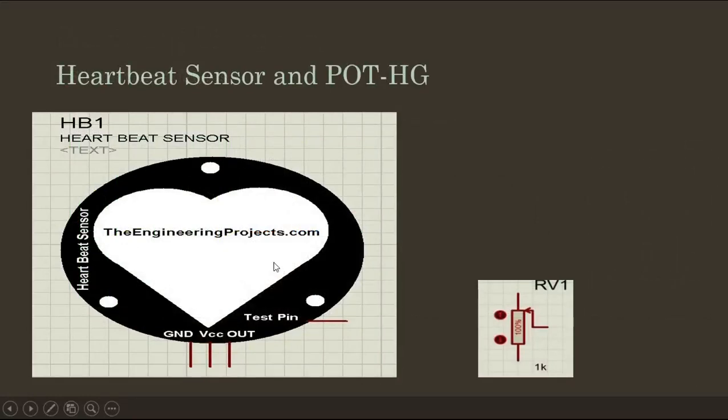We used this heartbeat sensor in our project. To measure the heartbeat rate, there is a pin called the test pin that should be attached to the human body. As we did a simulation, we used this potentiometer, or variable resistor, called pot Hg, instead of a human body. If we change the value of the potentiometer, the heartbeat pattern and rate will change. Now go to this slide.